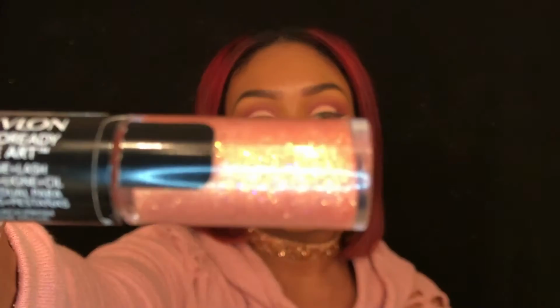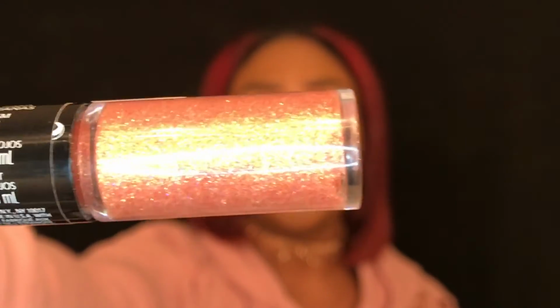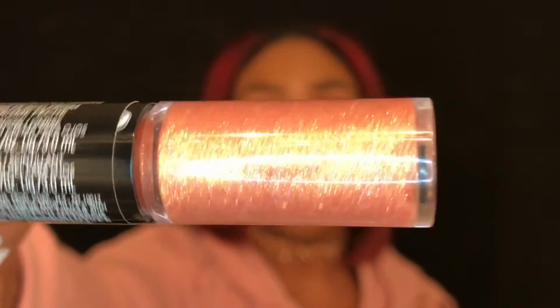So I'm going to be using this pink glitter liner that I got from CVS. And I'm pretty sure you can find these anywhere like Target, Walmart, and all that good stuff, or a different brand. And this is Revlon Photo Ready Eye Art. So I'm just going to apply the...